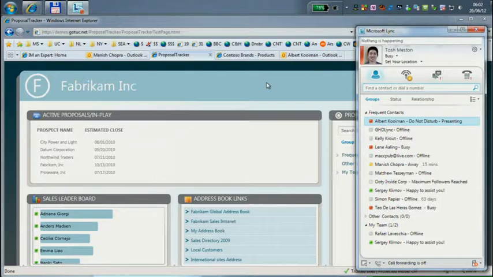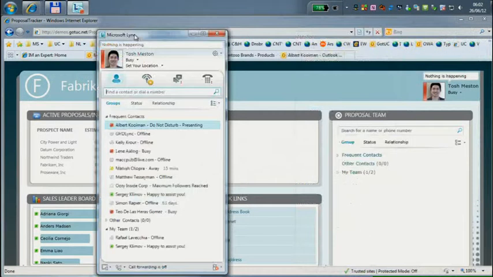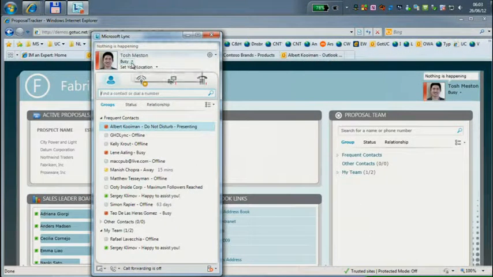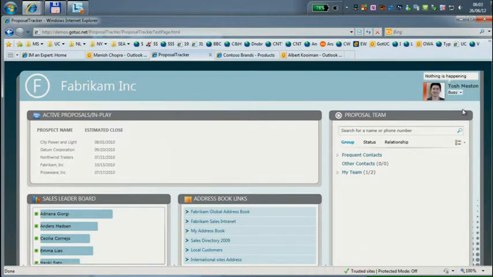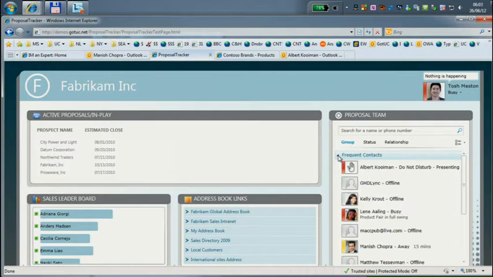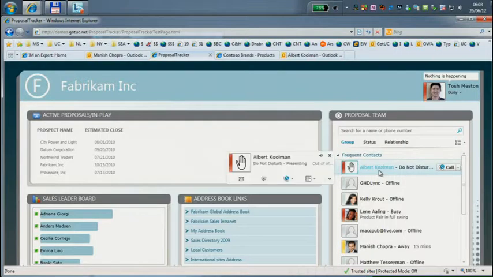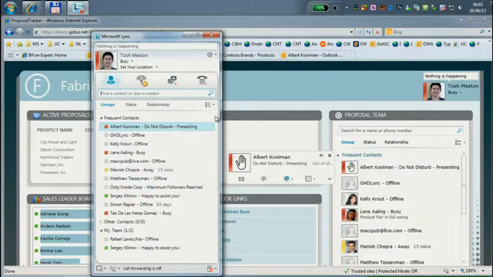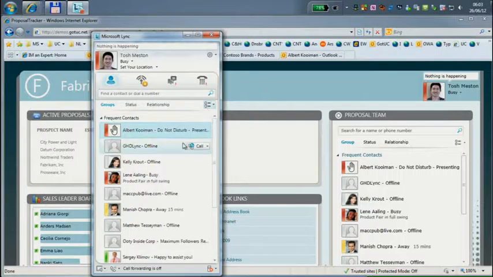So just a second ago, here I've got Lync as the standalone program. You can see that what I have here is exactly the same as what I see here. However, this is a control, as we call it. It's a piece of code that you can drag and drop into your application, and it gives you all the functionality of what Lync has. So I'm setting myself to busy because I need myself to be busy in a moment. But for example, if I would like to see who are my frequent contacts, you can actually see myself set to do not disturb here. And that's exactly the same as what you have here.